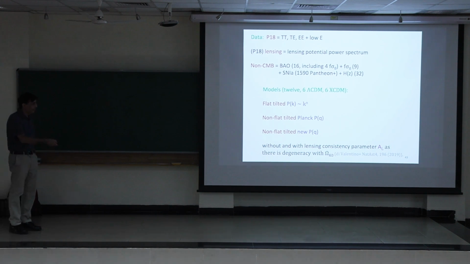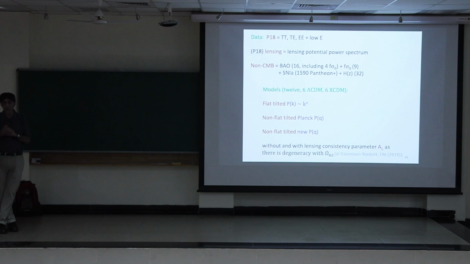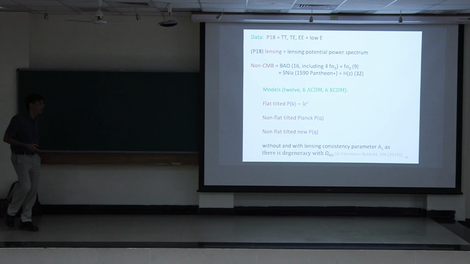The other thing I'm going to do is introduce this lensing consistency parameter. In this data release from Planck, some of the C sub Ls seem to be smoothed more than you would expect if you use just the flat lambda CDM model that best fits these data. People think there should be more weak gravitational lensing of the CMB than in the flat lambda CDM model that best fits these data. This allows a consistency test, so you introduce this as a free parameter, and it parameterizes the amount of gravitational lensing.